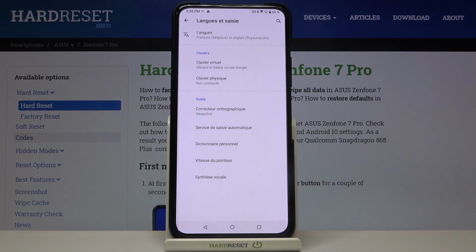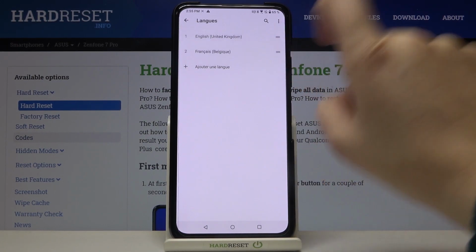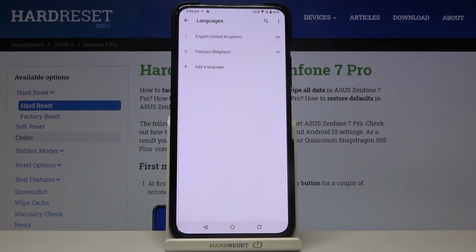So of course, if you'd like to change it again, just do the same. So go to the languages, tap on the one you want to use, and drag it to the very first position. Of course, if you'd like to remove it, just tap on the three dots icon in the right upper corner,